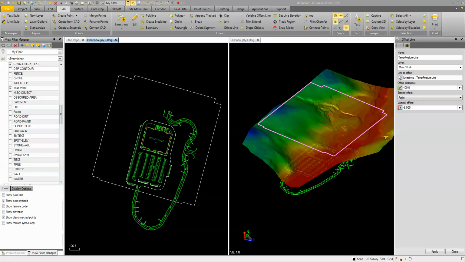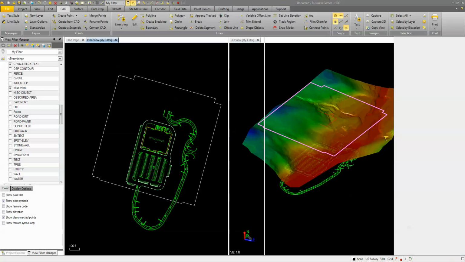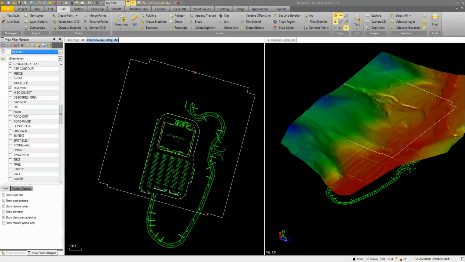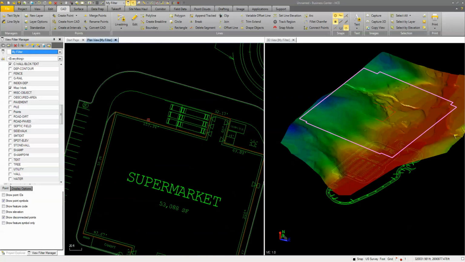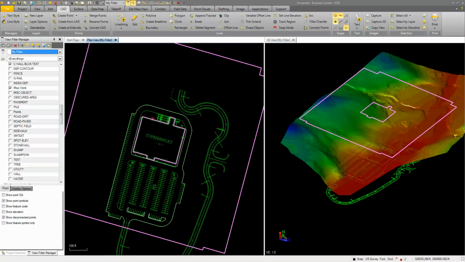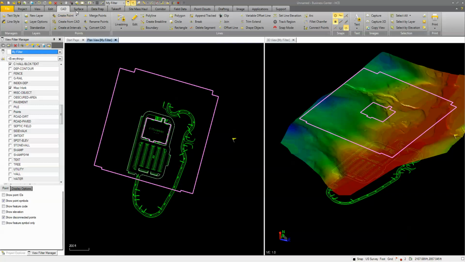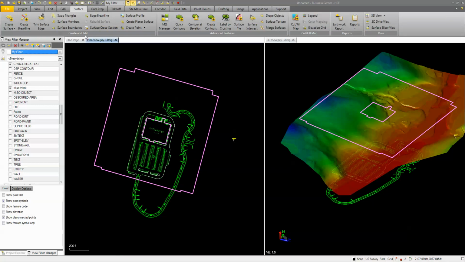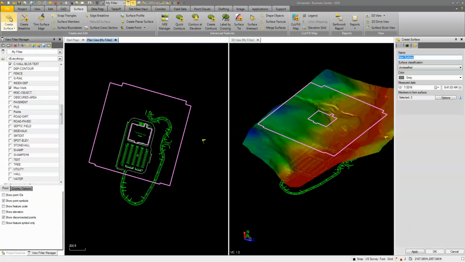The next step, what we're going to do is select that building line. All right, so we can close this. We're going to select the outer line here as well as the building line. And we're going to go to the surface ribbon. On the surface ribbon, we're going to select create surface. And we're going to make a new surface called temp